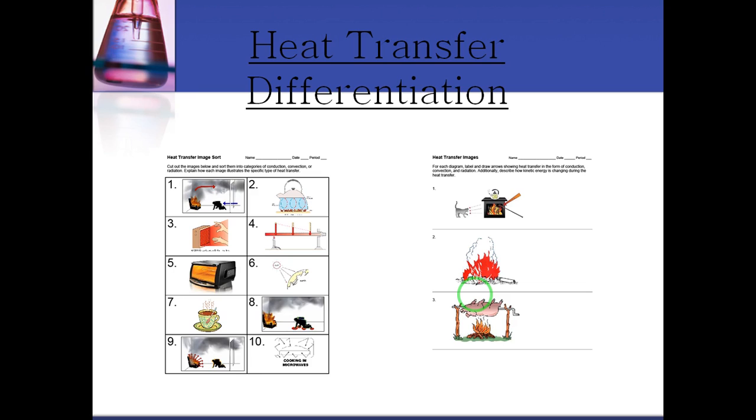On the right hand side, for each diagram, label and draw arrows showing heat transfer in the form of conduction, convection, and radiation. Full stop, that's it. That is what you have to do. Alright? So answer all three questions and send it off to me via Google Drive or email me for your attendance